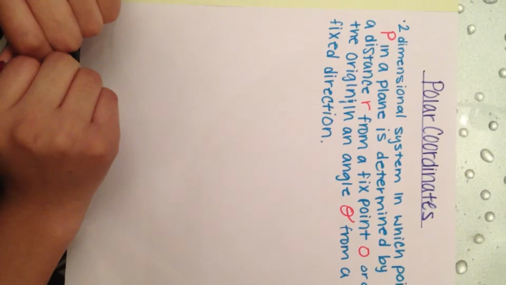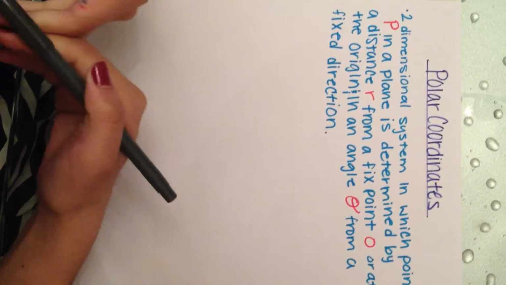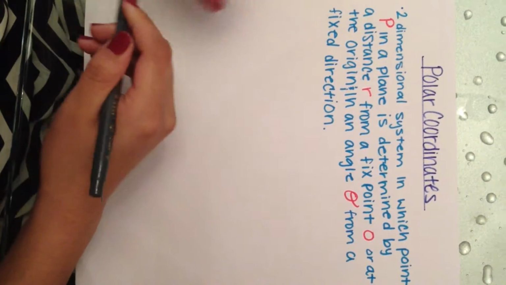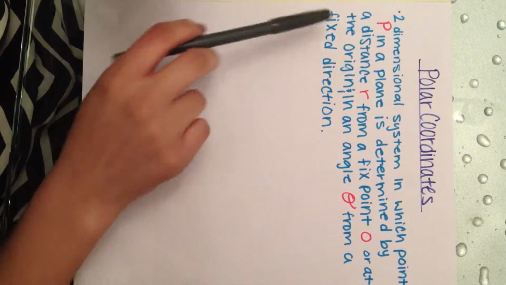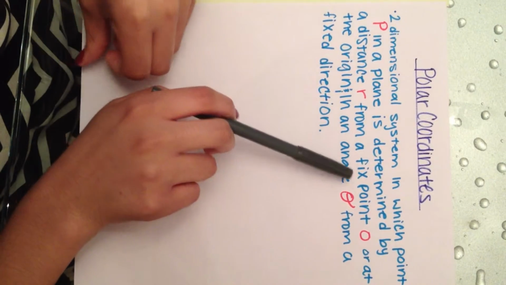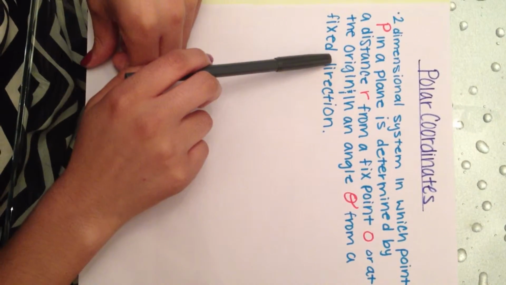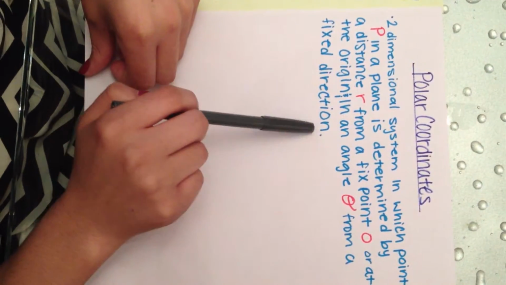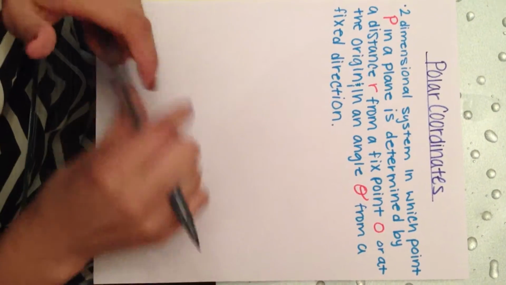Today we will be talking about polar coordinates, which is a two-dimensional system in which a point P in a plane is determined by a distance r from a fixed point O, or the origin, and an angle theta from a fixed direction. An example would be